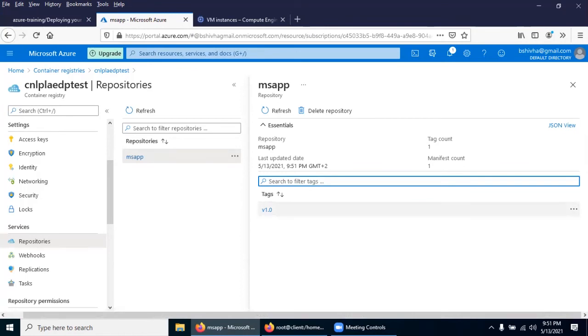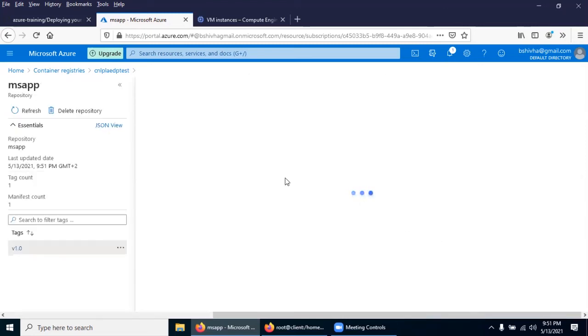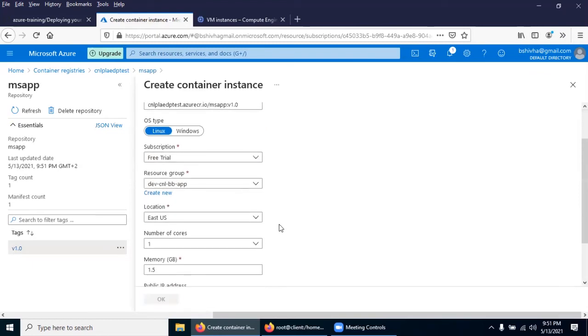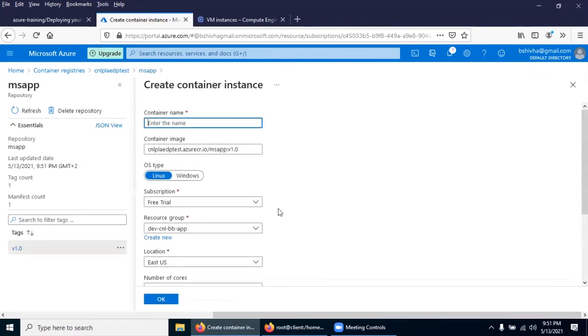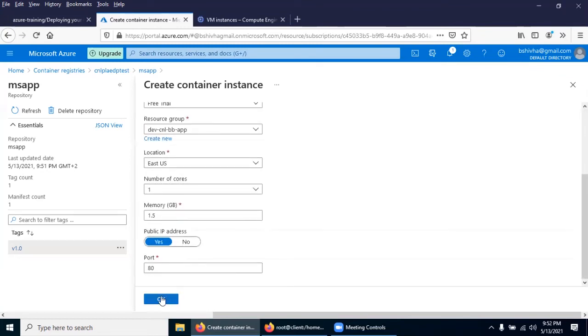We have this image, right? Now click here, run instance. It will ask how much memory you want, how many cores you want, and which location you want to spin it in. So I'm going to name it CNL web app, and I'm saying port 80.